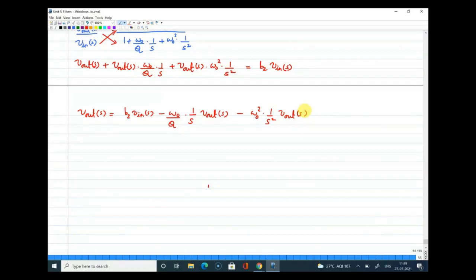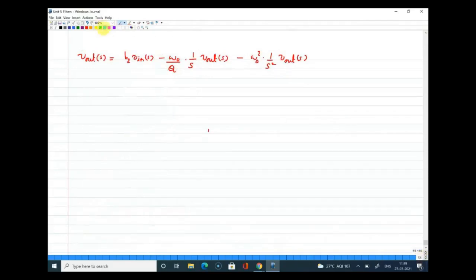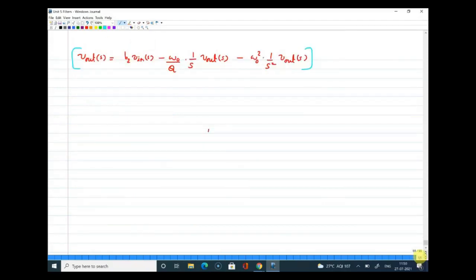All right. So now we will be focusing on this expression only. If you ask me the question, from where do you get this expression? This expression has come straight from the biquadratic transfer function, in which I applied a special case of high pass filter by substituting B1 and B0 equal to 0. In the resulting transfer function, I just rearranged by removing the s square term from the numerator. The reason is that I just want to implement this based on integrators. Now, by cross multiplying and rearranging, we have arrived at this equation, right?